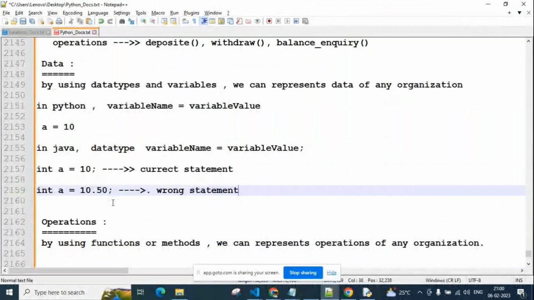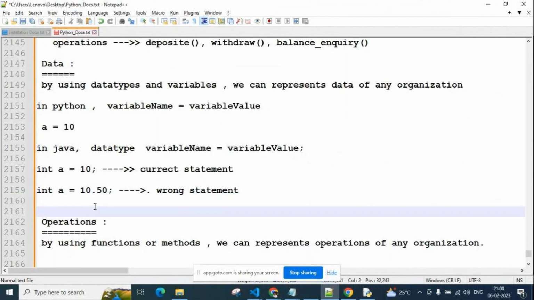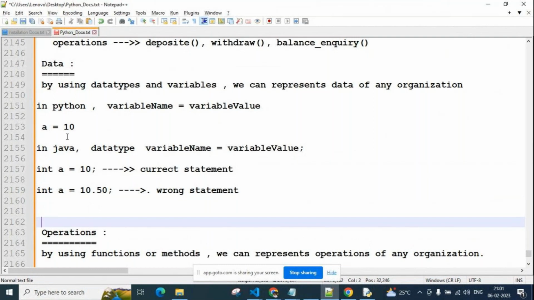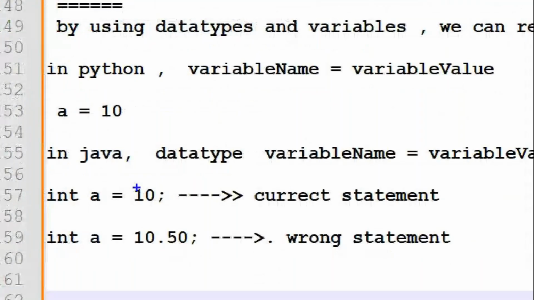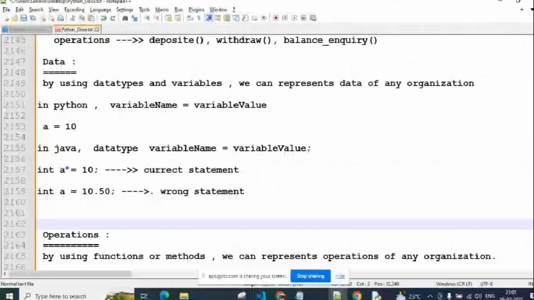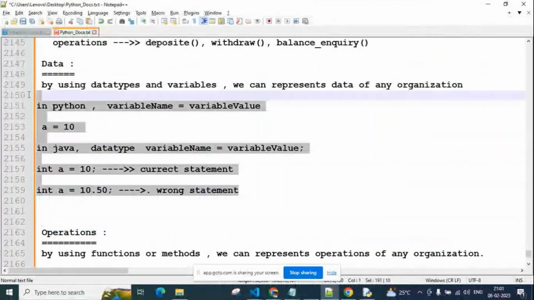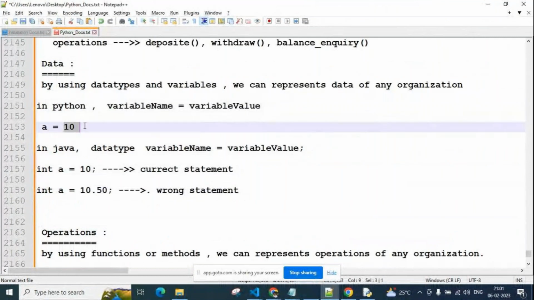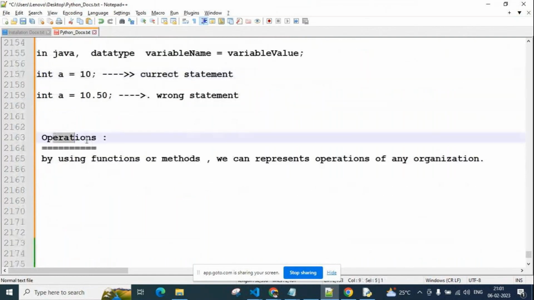You need to understand, guys. Later, what the variable rules are, all these things we will slowly discuss. Don't worry. This is the data, guys. We are calling it data. This data I'm saving into this variable. Not only numbers, you can store names also, like Ramu, Ravi, Virat, Rahul, Kohli, like that. And next, operations. I said operations can be represented using functions or methods. Already I said. So how we create functions or methods is important here.